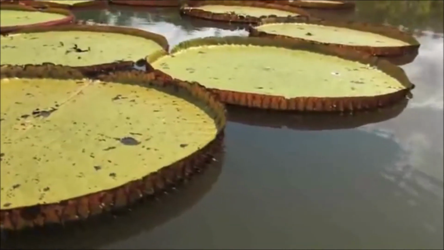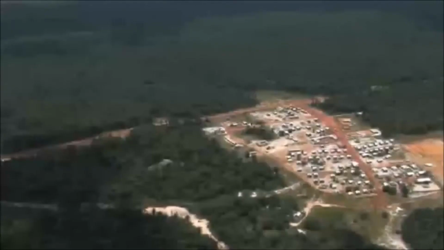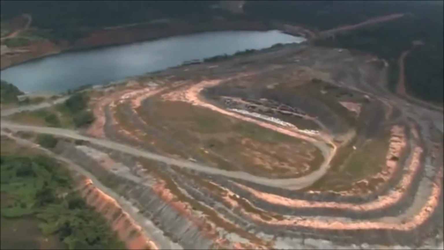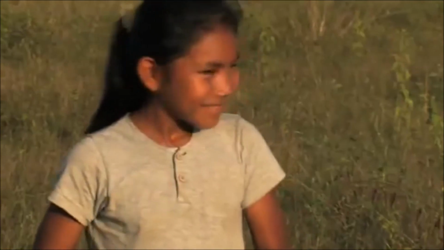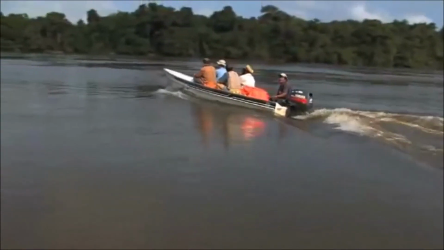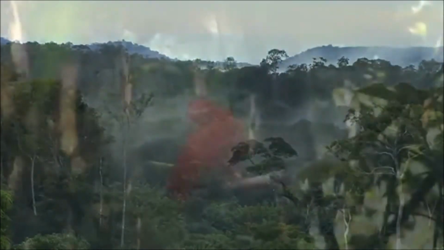But in today's globalized economy, its natural treasures have a different value, attracting logging and mining companies who would exploit the land. While this struggle plays out in surrounding countries, the government of Guyana is using a new and innovative approach and has chosen the green option. With the support of local communities and conservation partners, this approach is giving a new value to the country's standing forests, and for the first time, their efforts are paying off.